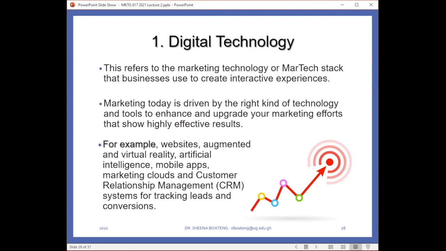So examples of these digital technologies that we are afforded to utilize in our e-marketing activities, right, which we can put into our MarTech stack, include websites, augmented and virtual reality, which we find is being applied a lot in tourism marketing these days, especially because of the COVID outbreak. Several destinations have introduced augmented and virtual reality to sell their destination, in the hopes of keeping it in the minds of consumers, so that once the COVID restrictions are lifted, people can physically come to their location and see for themselves.